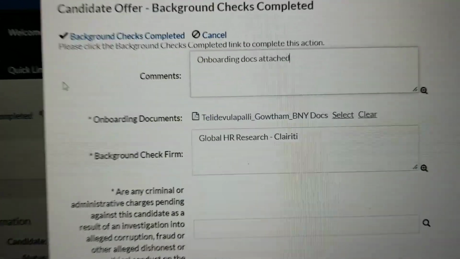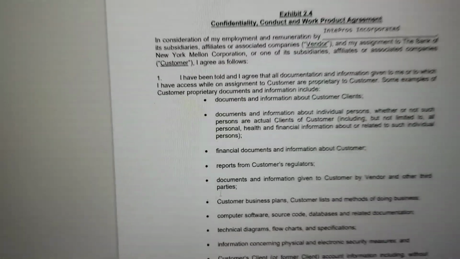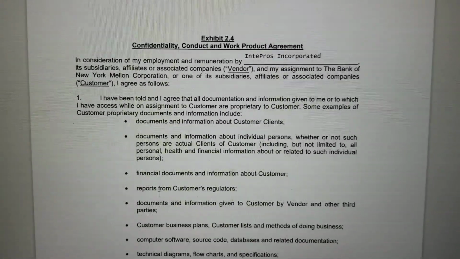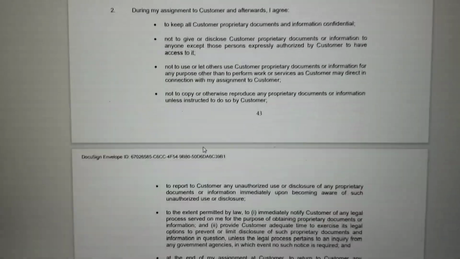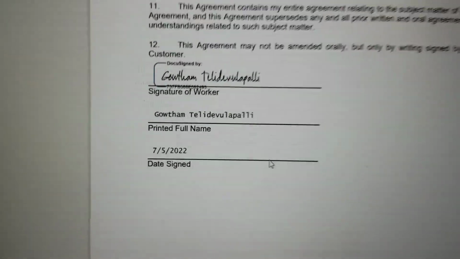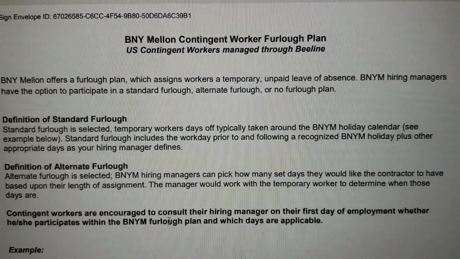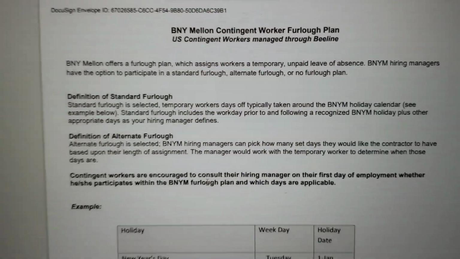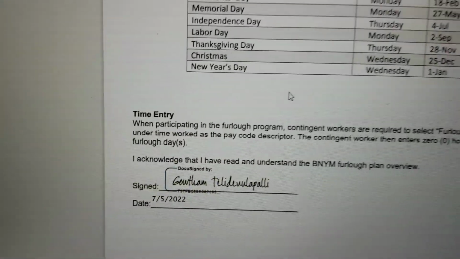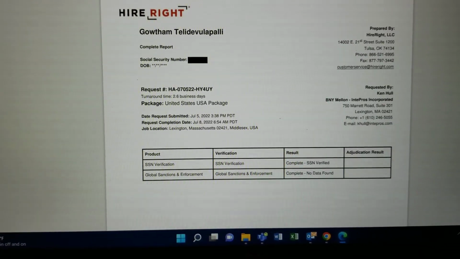The anti-corruption form is that pre-hire questionnaire that they fill out. And then the onboarding documents are this. So I'm going to click them and open it up. It's going to be the Exhibit A's, or the Exhibit 2.4 is what they're called now, which is like 4 pages with the signature. Accompanying that is the BNY Mellon Contingent Worker Furlough Plan document, and that's signed as well. So it's just those two that need to be combined and entered. In the first place, you're going to enter